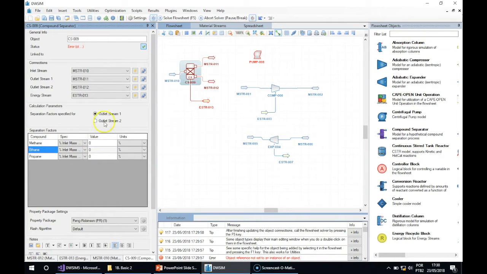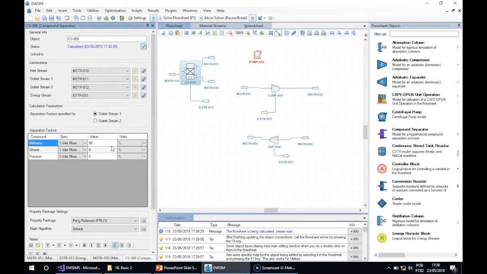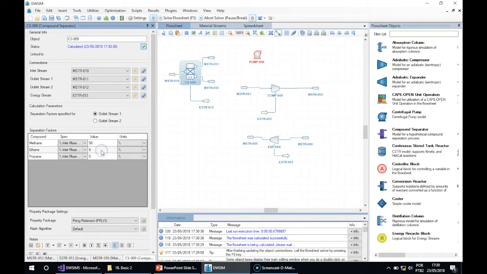So you can specify how much of each compound goes to the outlet stream 1 or to the outlet stream 2. And the DWSIM will calculate the mass and the energy balance